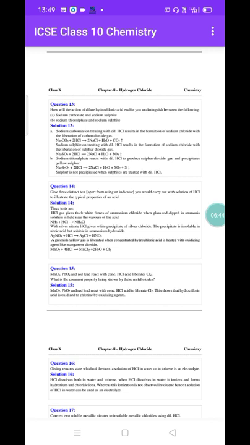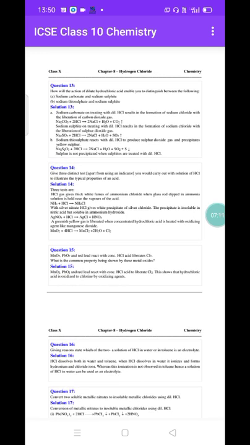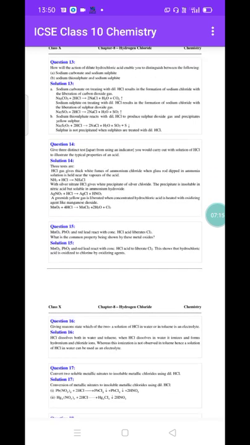This is also discussed, but I am telling you one more time. Any kind of carbonate reacting with an acid produces the particular metal salt along with water and carbon dioxide. Wherever a metal sulfide reacts with HCl, it will form the metal salt, water and SO2, sulfur dioxide. So this is the difference between thiosulfate and sulfide. I have already told you: precipitation of sulfur will denote the presence of thiosulfate in the reaction.